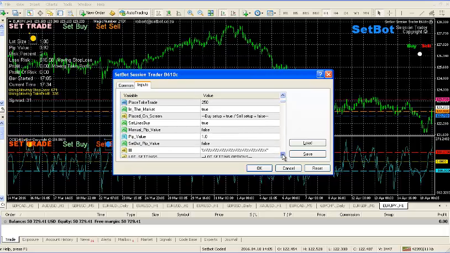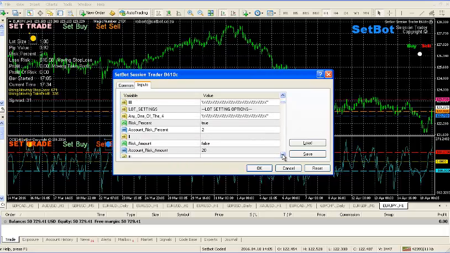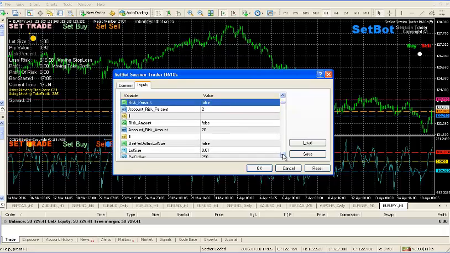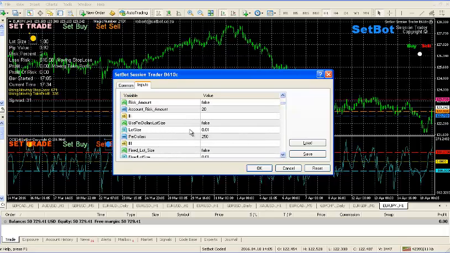Also, if you go down, you see the lot setting options. Here it's set to account risk 2%. You can change that. You can put that at false. You can choose this option to true,